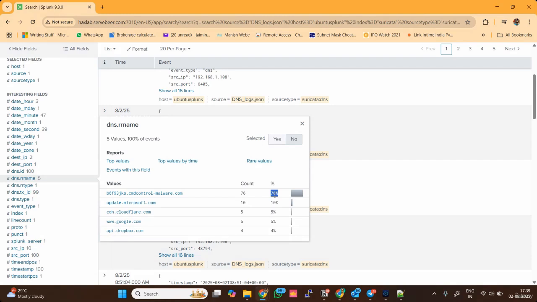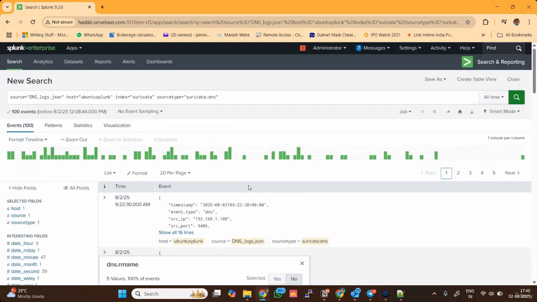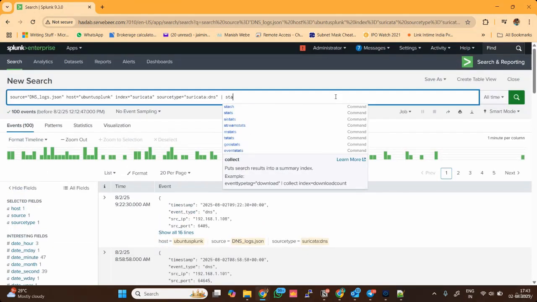In this one we have only five values, but let's say we have 100 plus domains being queried. Sometimes it is very difficult to find out. This kind of malware is queried at regular intervals, like every 30 seconds or every 1 minute, so their counts are much higher than the other domains. So we can run some queries by which we can detect that domain with an SPL query. Let's add the query stats